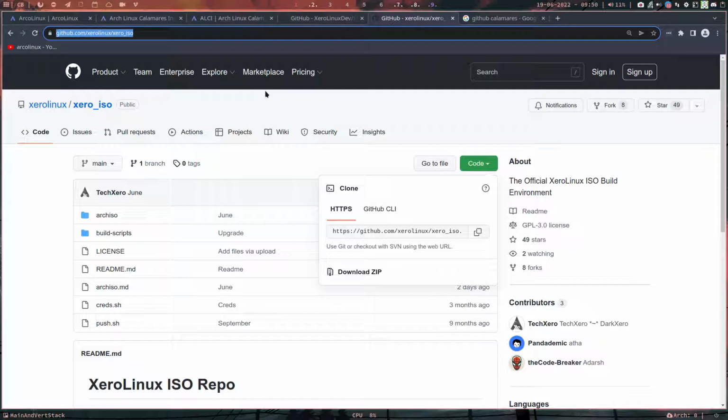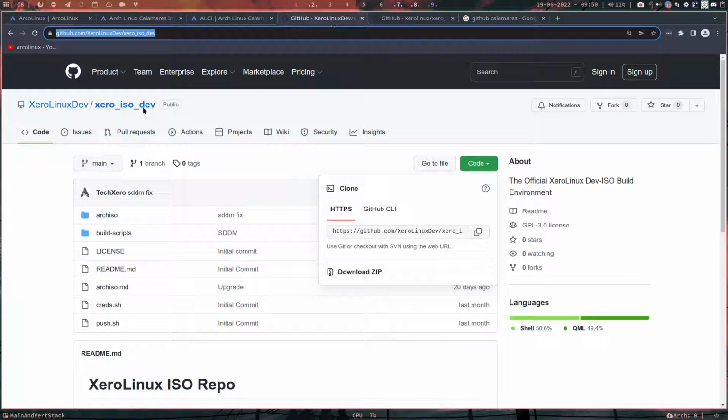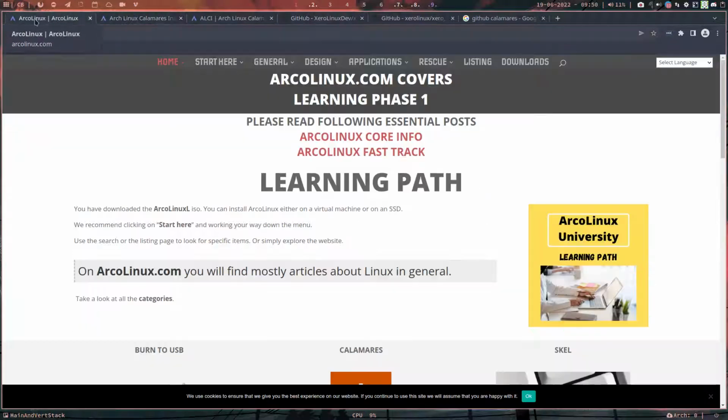So, previous video, we went to XeroLinux, one of the spin-offs, and I told you if you want to start your own distro, your own ISO, you need to read a lot of stuff and compare what's available on the internet. And we've compared the Xero ISO with the Xero ISO dev to the future ISO. You should have a dev as well. And in the meantime,